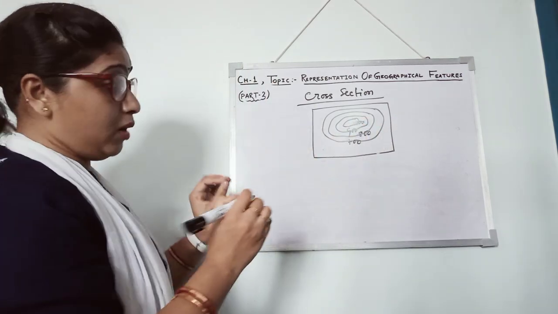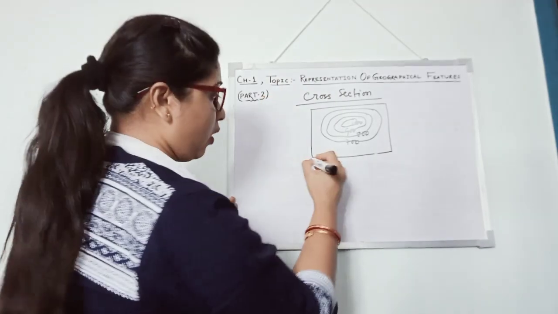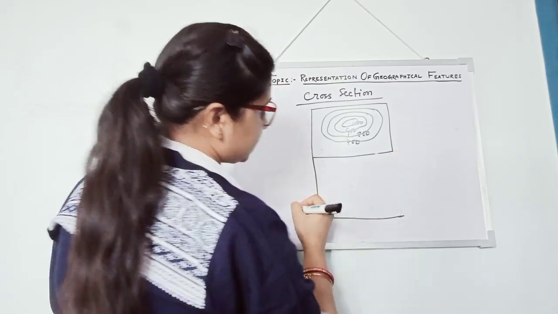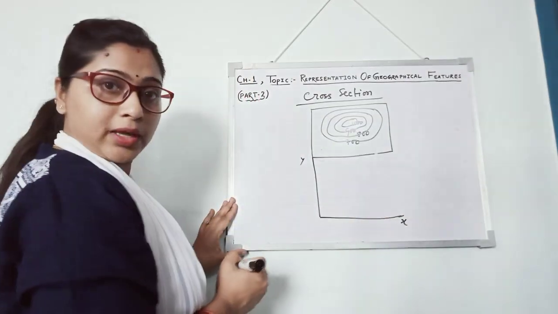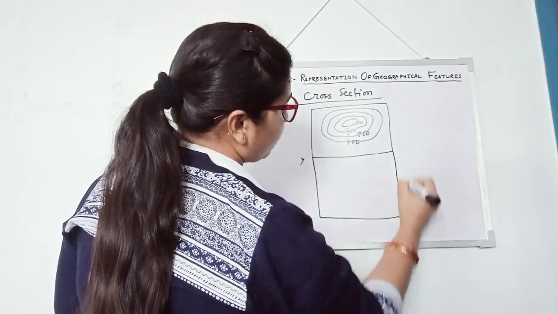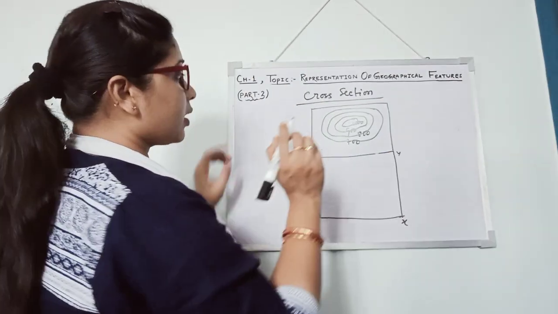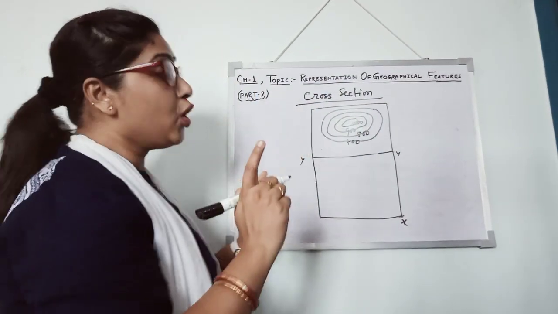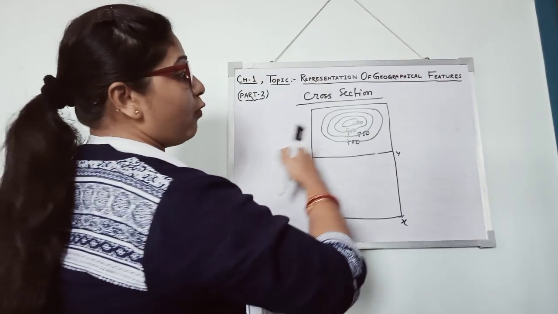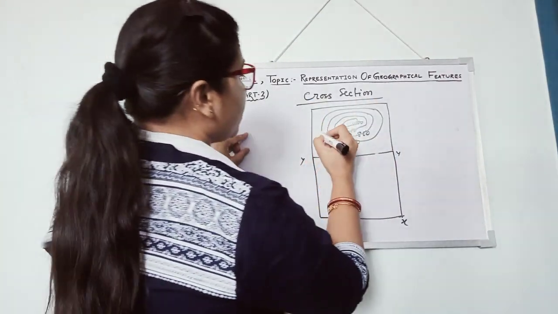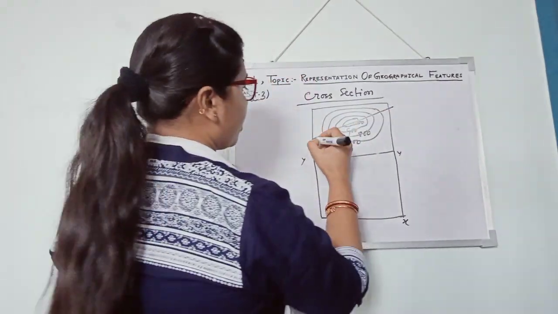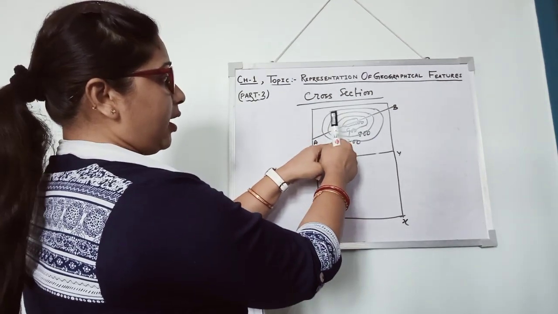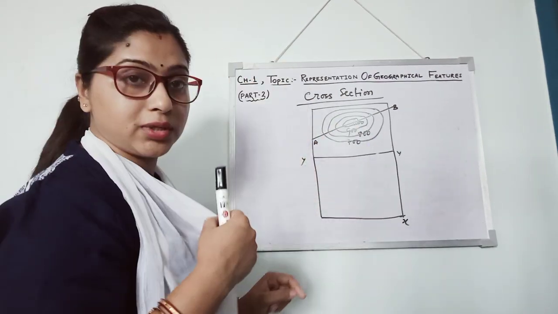Okay. Now you have to draw axes. This is the y axis, this is the x axis. You can also draw another y axis on this side. Clear? Now here students always remember, a cross section line should be one which cuts or passes over all those contours. So here I am cutting the cross section from here. I am marking A and B. Is it clear?